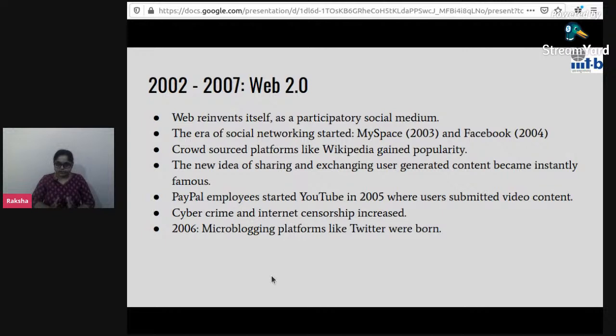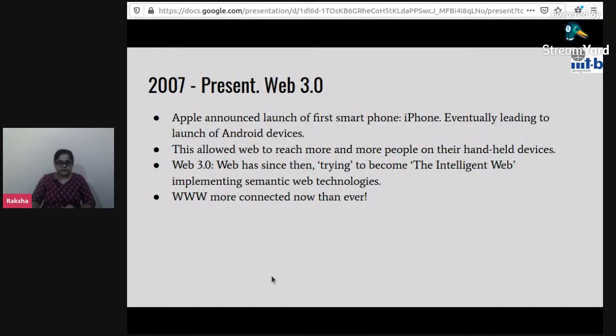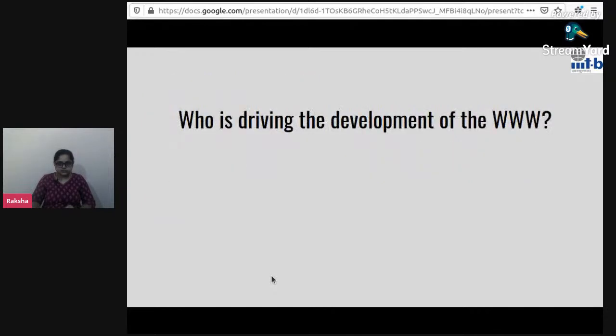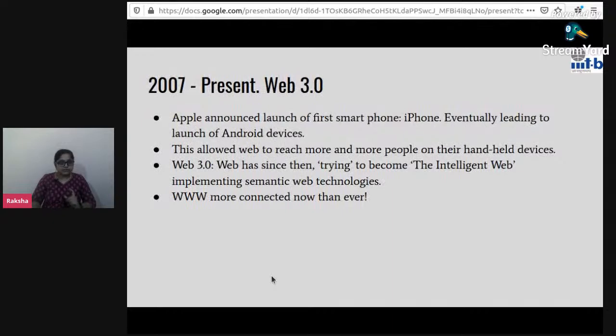And in 2006, microblogging platforms like Twitter were born. So by this time, which was in 2007, there was a very important, very critical announcement from Apple that they are launching smartphones. So until now, the internet was something that is on computers, and people had to explicitly go and log into the web and look at what is happening. By the advent of iPhones and smartphones, eventually leading to Android devices, the web became a part of our everyday life,